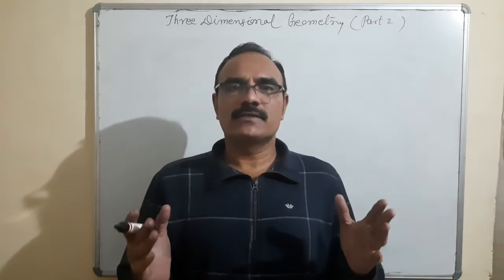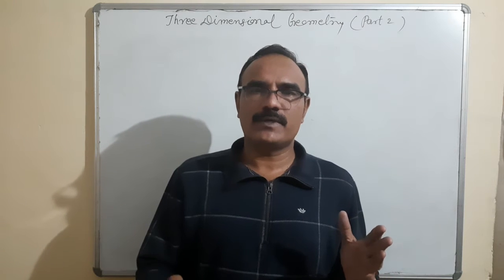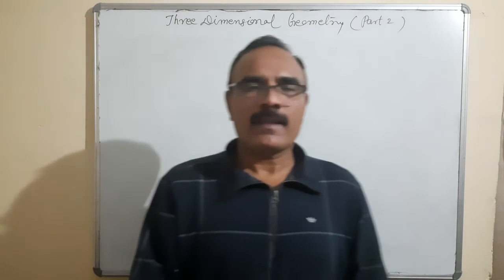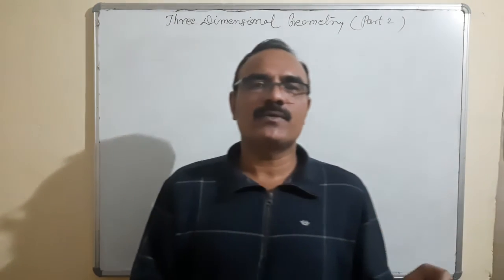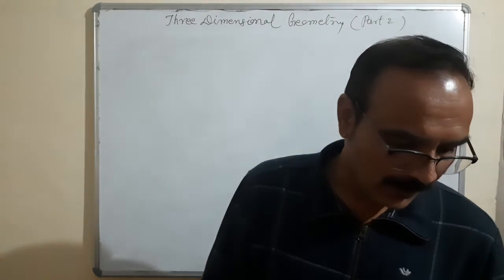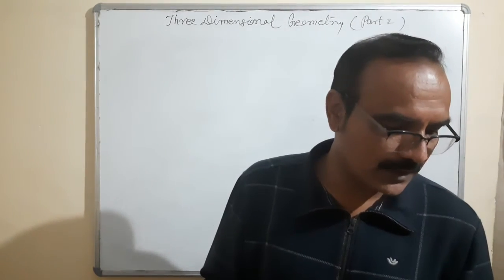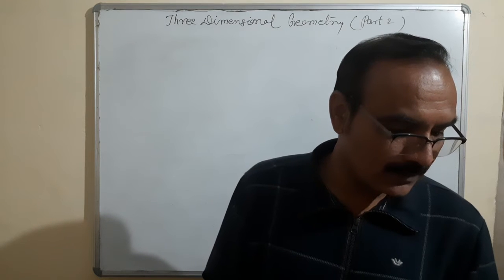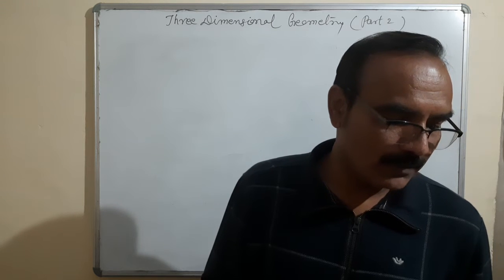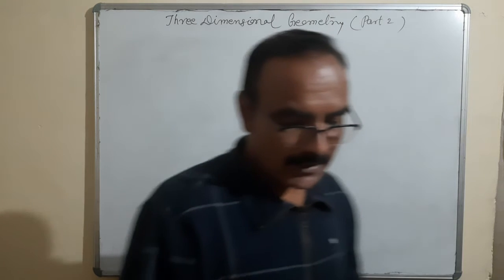Angle between two lines: cos theta is equal to a1 a2 plus b1 b2 plus c1 c2 upon under root a1 square plus b1 square plus c1 square, under root a2 square plus b2 square plus c2 square. Or we can directly write cos theta equal to b1 dot b2 upon magnitude of b1 and b2. If a1 a2 plus b1 b2 plus c1 c2 is equal to 0, the lines are perpendicular. For parallel lines, we write a1 upon b1, a2 upon b2 and a3 upon b3 equal. Exercise 11.2.